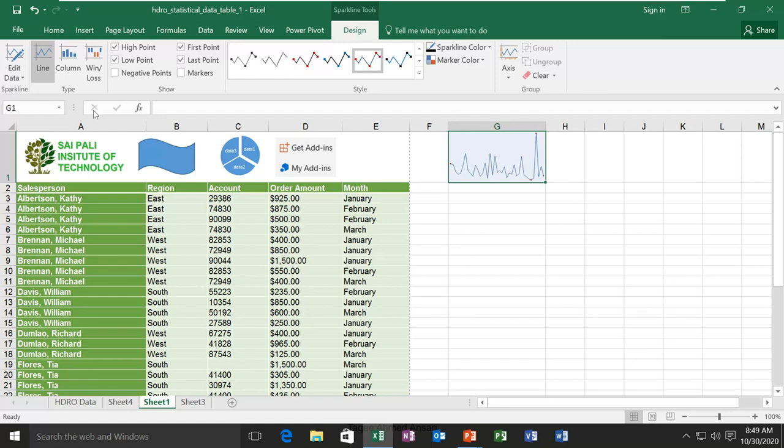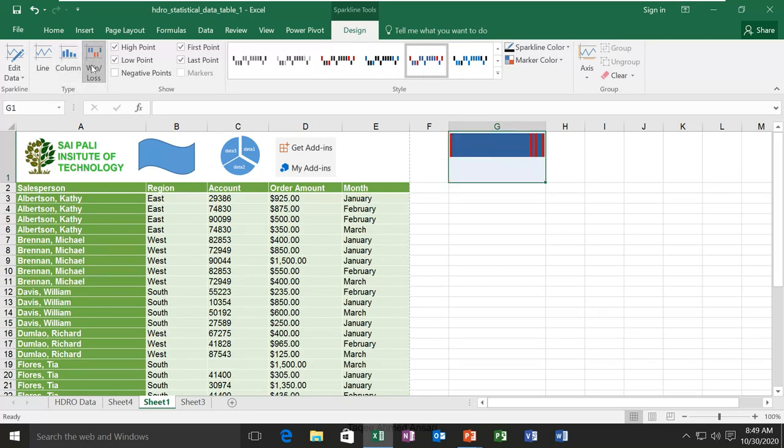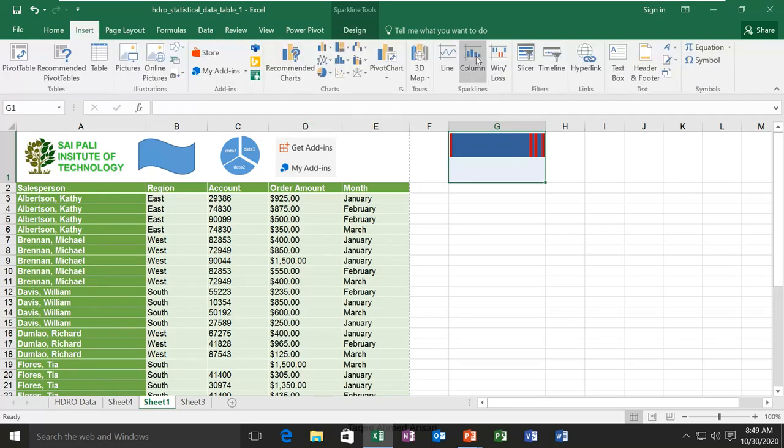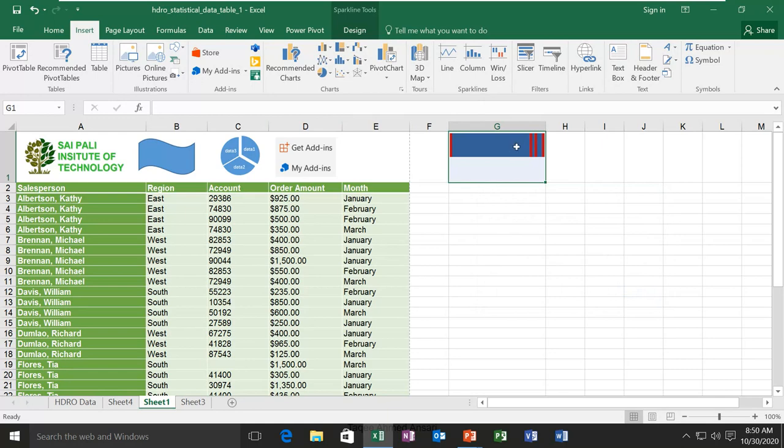Same as the line sparkline, you can add the column one. You can add this win/loss also. This is what you can add from here. Same options, it looks like this.